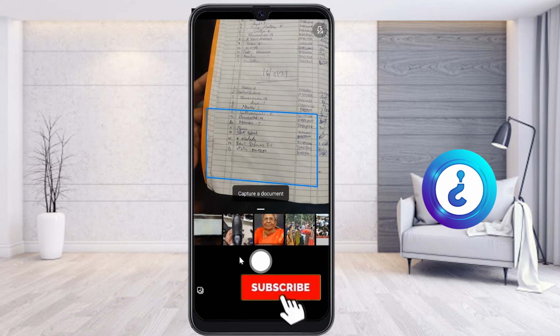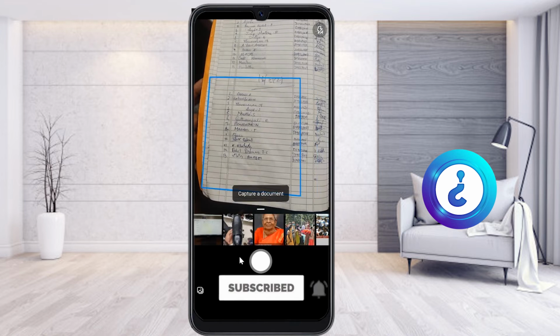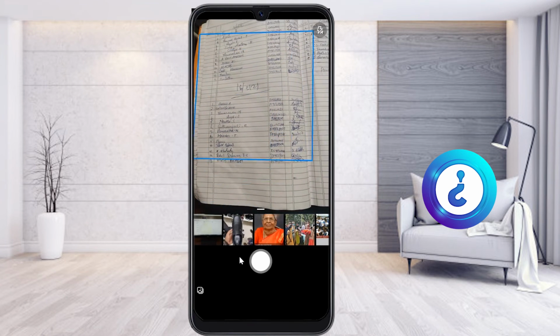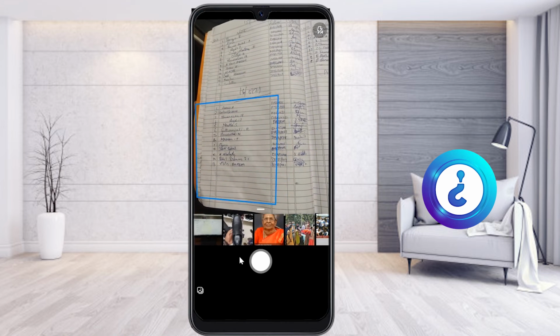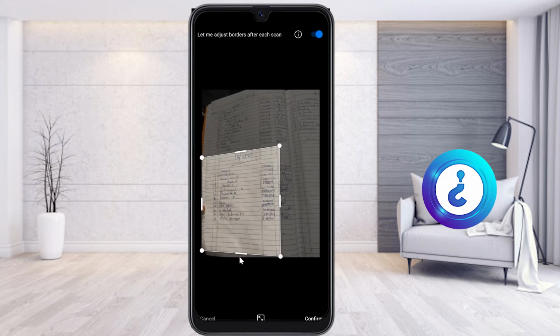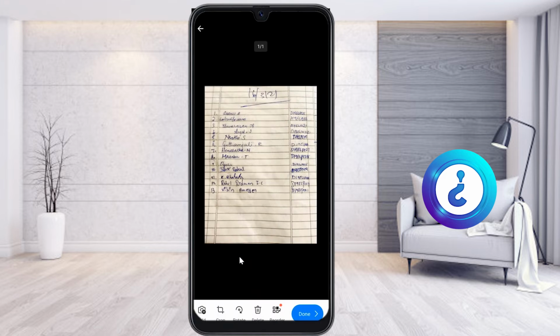Automatically, once you click, the camera will open here. So take some pictures. Whatever picture you want, you can take and scan. See, for example, I just want to take some photograph. So this is a photograph. If you want, you can crop, because my hands are there. So just crop this and confirm, and automatically the scan copy will be scanned clearly and it will be pasted